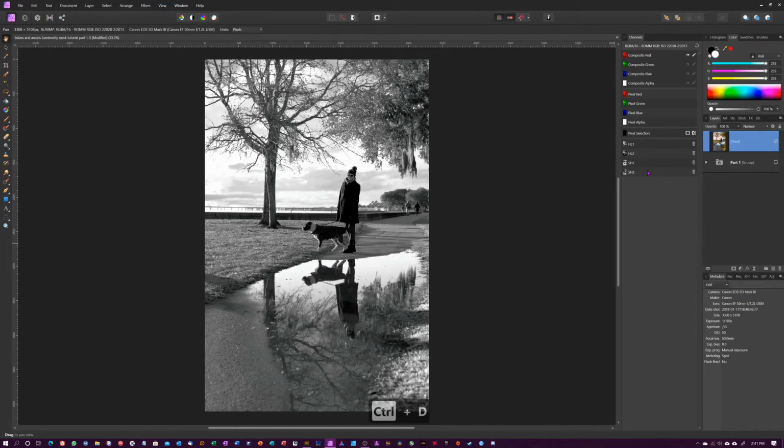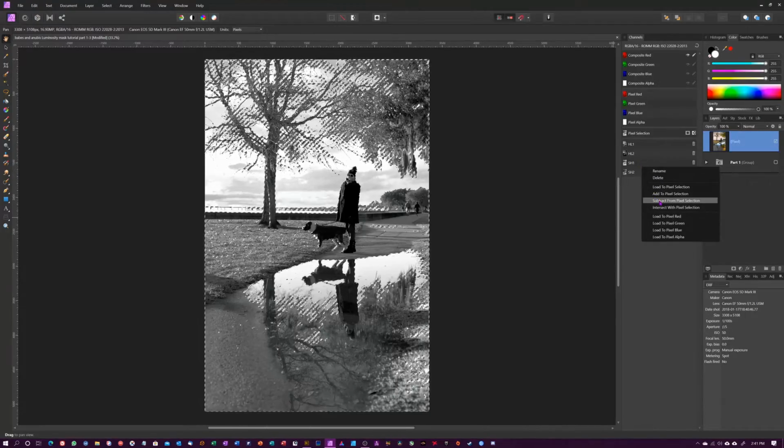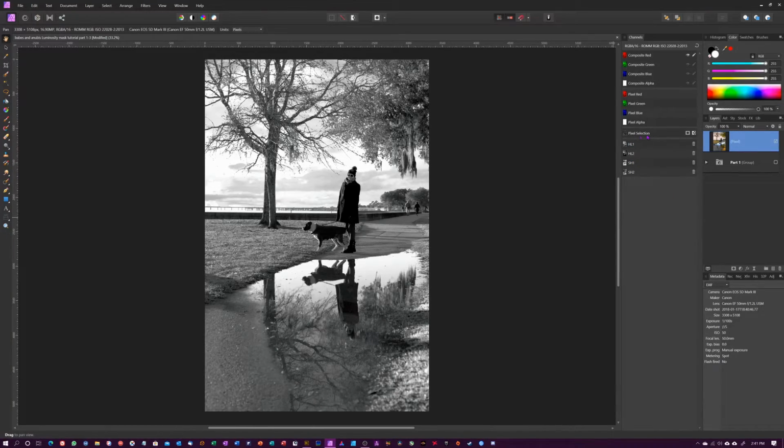Nope, sorry, I got ahead of myself there for a second. Click on your image layer, Control A to select the whole image. Then go up to the highlights, right click on it, and subtract from pixel selection. Then go to shadows 1, right click on it, and subtract from pixel selection. Now you go up to pixel selection, you see this is pretty muted, but that's good. Now we only have the midtones, so right click on it, create spare channel, right click on it, rename to